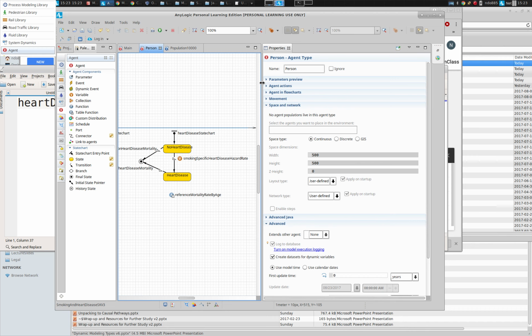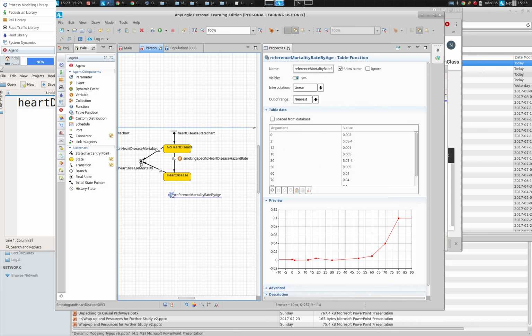Here we have a transition. It's given by a hazard rate. We say look up that hazard rate based on my changing age, get it from this function, find the appropriate hazard rate that applies for my age, and use it to govern my chance of dying. Do you understand that basic logic? There is one fly in the ointment,